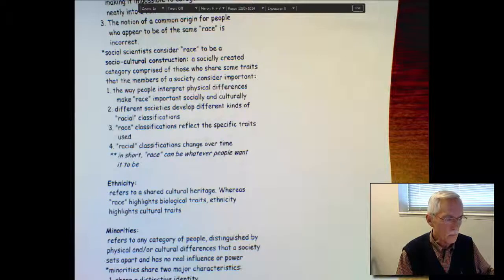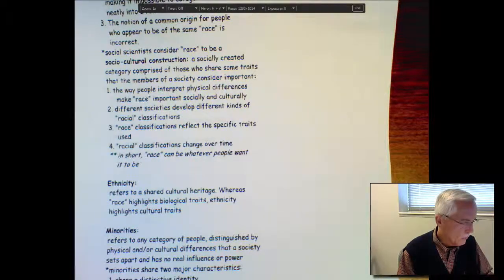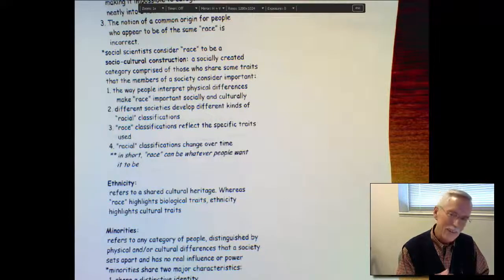Now, if you look at the second point and give some consideration to it as well, different societies develop different kinds of racial classifications. A good example of this is Brazil. The Brazilian government officially recognizes 5 races: one relating to white, another to brown, another to black, another to yellow, and the final one undeclared or mixed. Yet in some places in Brazil, you will find communities that recognize upwards to 40 all the way to 100